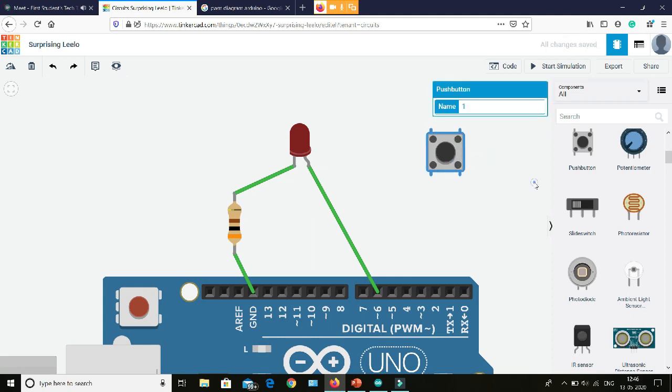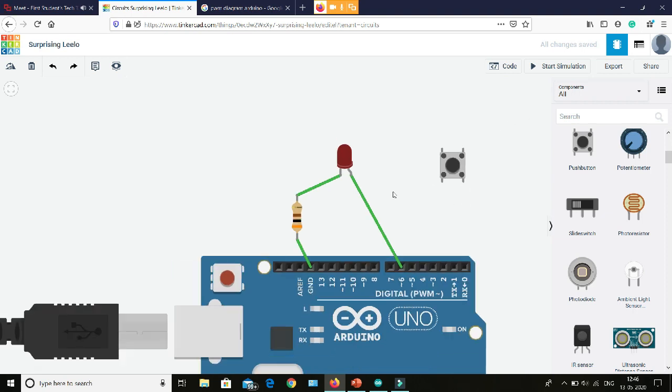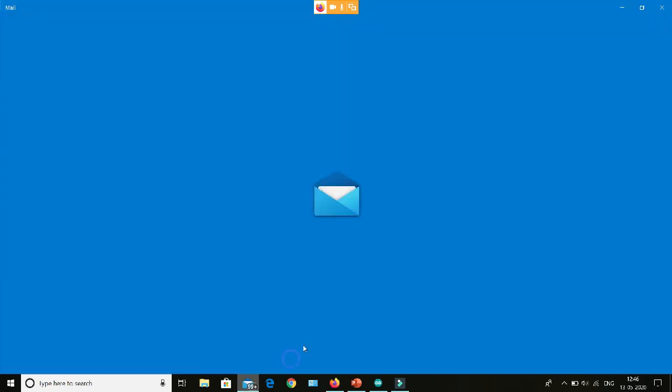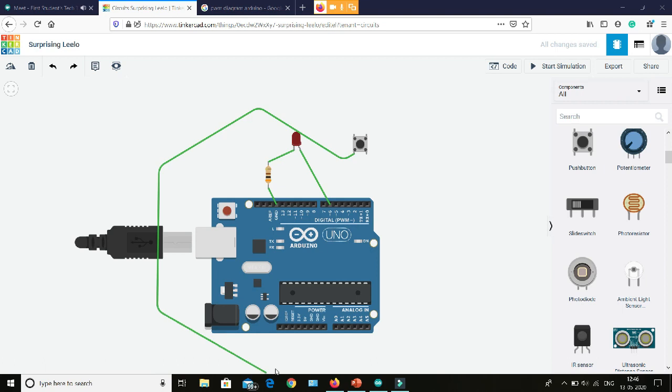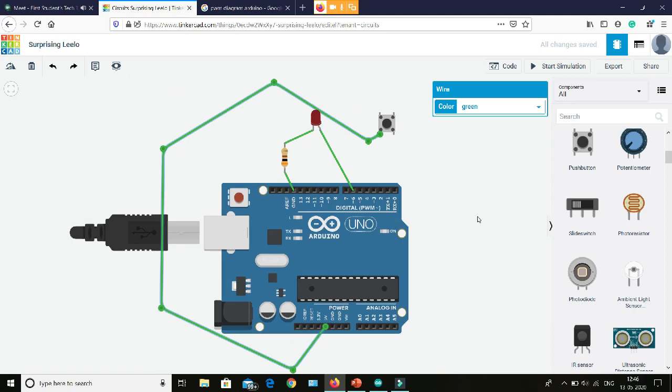In order to use a push button, you have to connect first one of the terminals to the 5 volts of the Arduino. I have connected it to the 5 volts as you can see here. Then the second terminal to any of the digital pins on the Arduino. So whenever we press this button, the 5 volts gets connected to pin number 2. Then we will read the input from the digital pin and we will come to know that the push button is being pressed. But there is a small trick here.